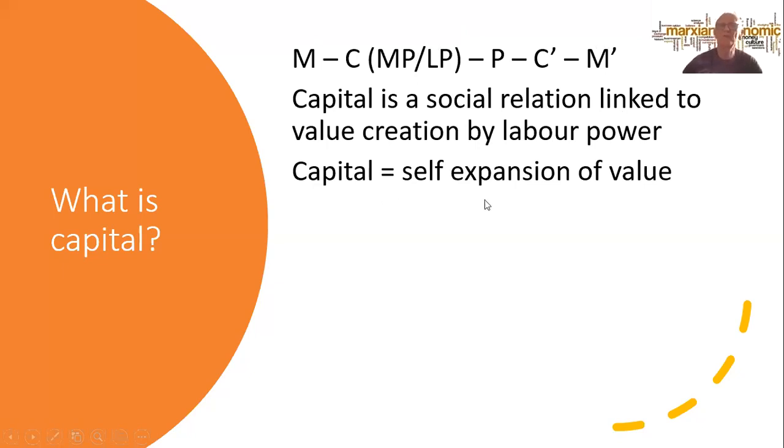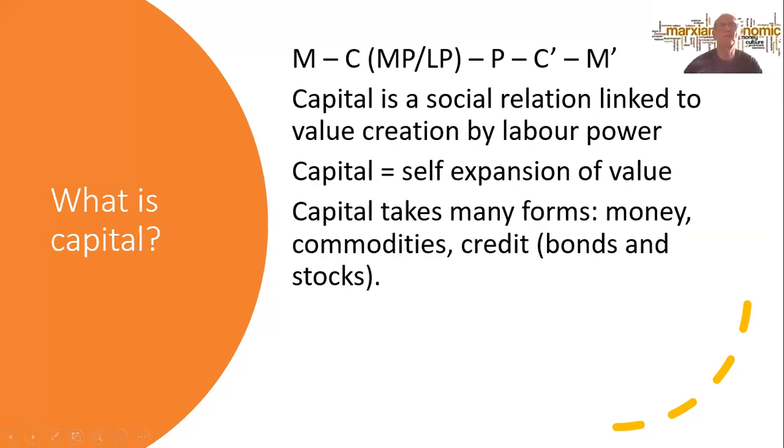So capital is really a self-expansion of value, to use this phrase. We increase value through the process of exploiting labour, and we end up with more value, so capital increases. So capital can take many forms. It can take the form of money, it can take the form of commodities, and it can also take the form of credit. So not just money, but actually loans or bonds and other things, which Marx went on to call not just capital, but fictitious capital, because it's not real capital, it's not production, either in money terms that's realized or in any commodity, but it's sort of a title to expand production.